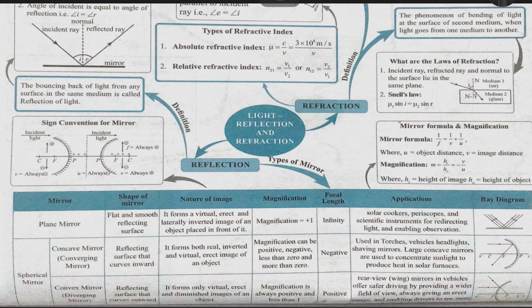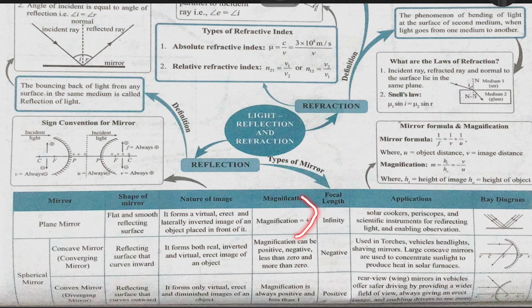The shape is a reflecting surface that curves inwards. So this is the reflecting surface. It is curved inwards. We call it a concave mirror. Nature: it forms both real and inverted, virtual and erect. Very important. Concave mirror forms both real and inverted, virtual and erect